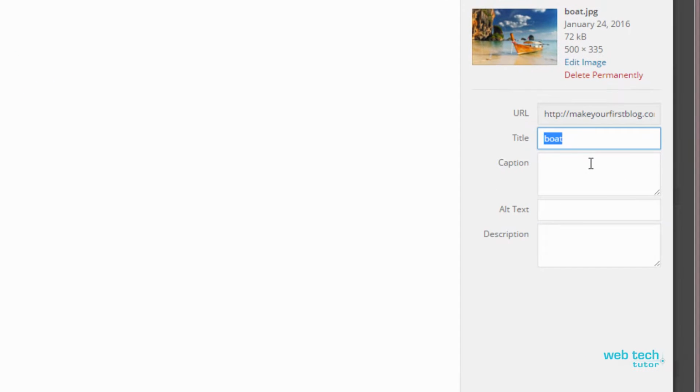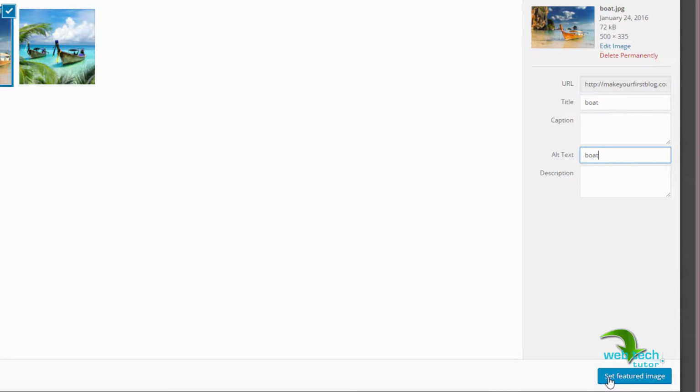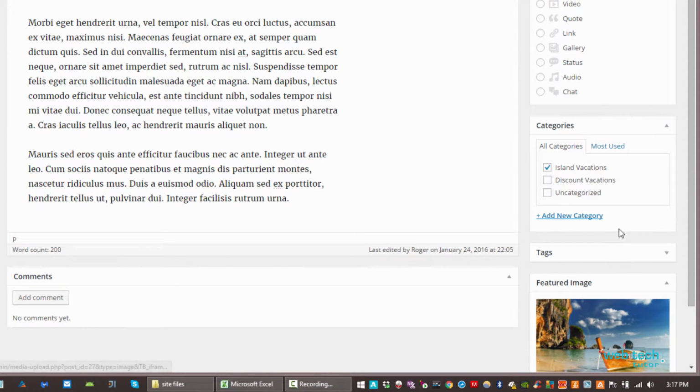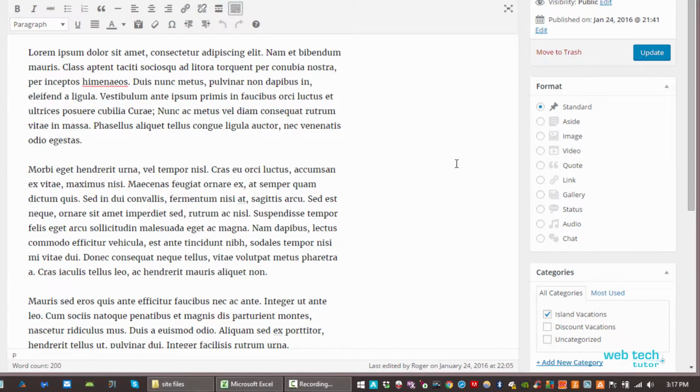It's a good idea to add titles to your images when you create them. For right now, I'm just going to keep this simple and copy the name of the image as the alt text. Alt text is important for SEO, so try to choose something that is appropriate or that is keyword rich. Okay, I'm going to set this as the featured image since it's the larger of the two, and then I'm going to click at the front of the